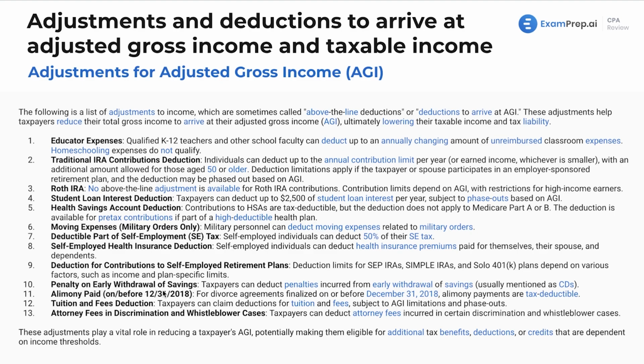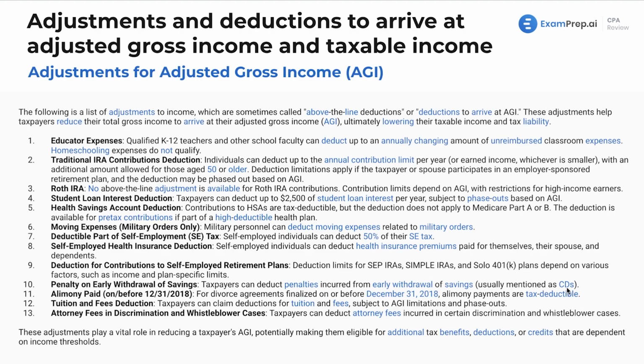Penalty on early withdrawal of savings. Now, CDs, these are certificates of deposit, generally very low interest rate, but very safe investment. You give your money to the bank, and they'll give you an interest rate, but interest rates are always changing nonstop, as we know. Let's say they'll give you a 2% interest rate. If you give them, let's say, $20,000, they'll give you 2% over the course of the next 2 years. Now, no matter what interest rate environment we're in, that's a pretty low amount, but they're very, very safe. So that's the whole point.